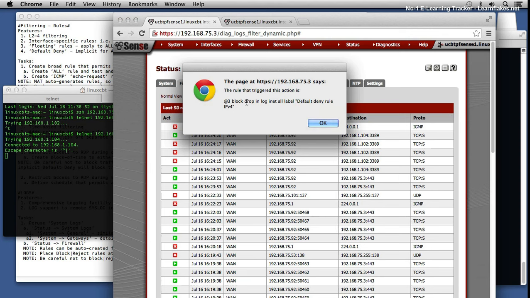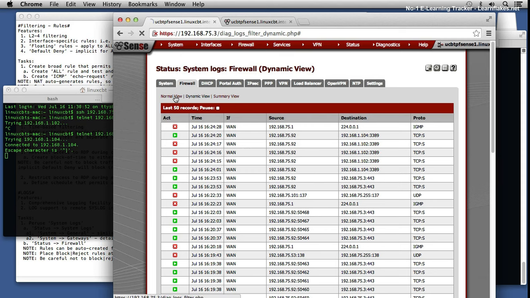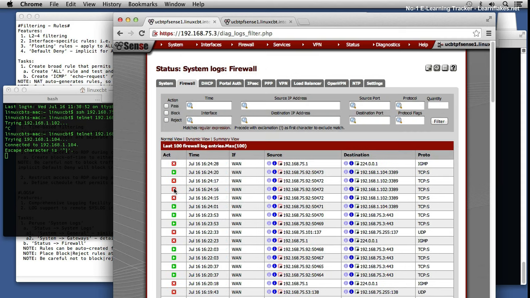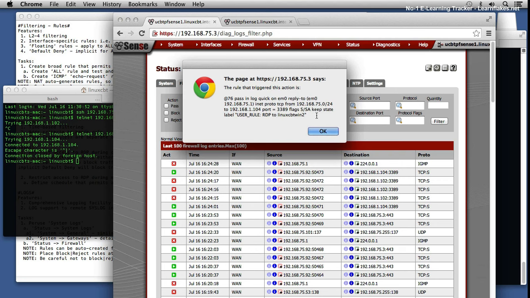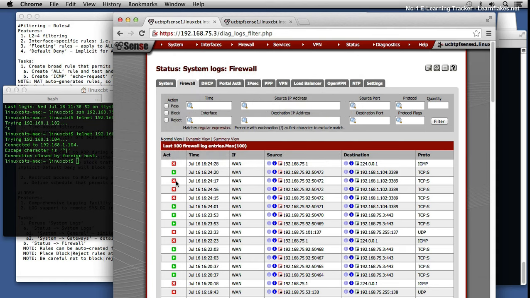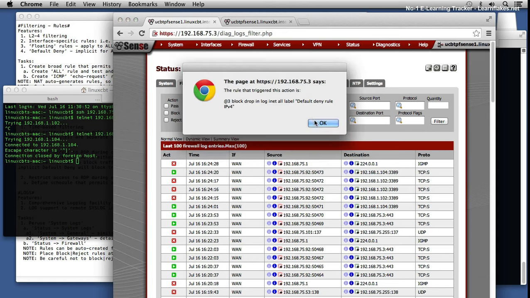And it tells you the rule that triggered the block. This is the default deny rule. If you want to learn more about why a particular rule was or has failed, just click on the icon that's associated with the rule and it'll tell you accordingly. So this is a default deny at the bottom, meaning this particular IGMP group messaging is not permitted. This one passed because there's a user rule that's written to allow it to pass through, coming off of 750/24 into 104. This one failed because of the default deny, because we don't have an explicit block. If we had an explicit block 3389 to 102, then that would be the rule that triggers before the